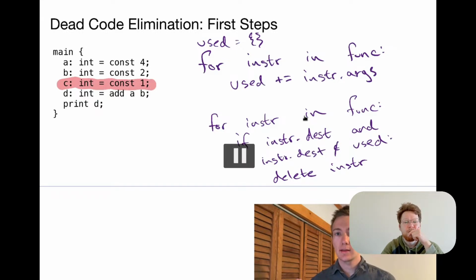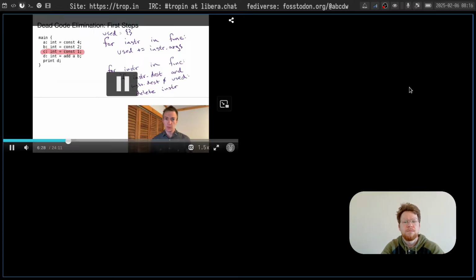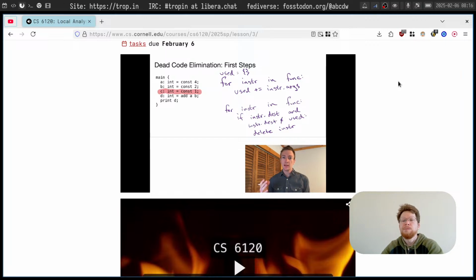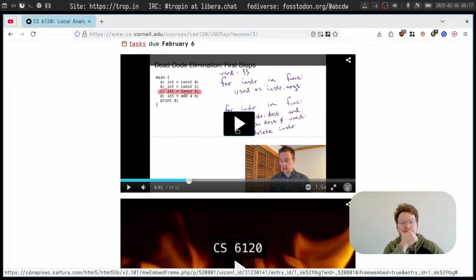Which is that the operations that are built into the standard Bril don't have side effects if they assign to a value. That is, they can do one of two things: either they're effect operations that don't produce results, or they're value operations that don't have side effects and they only produce results. This is true of the basic Bril instructions. If we're to make more complicated instructions, we'd have to think more carefully about what the side effects of instructions are. But for example, the print statement doesn't have